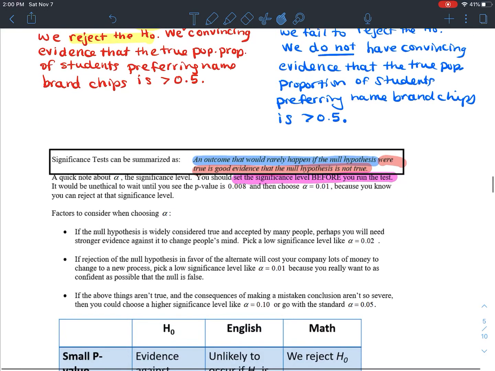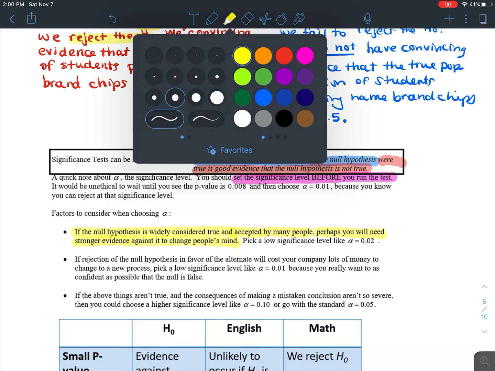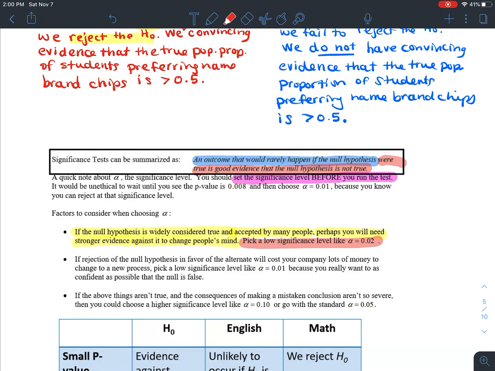Okay. One other thing just worth noting here is if your null hypothesis is something that is considered to be widely true or accepted by a lot of people, and you're wanting to maybe show evidence against that, well, you might need really strong evidence in order to convince people or to kind of change people's minds. So as a result, you would need to pick an extremely low significance level, like 0.02 or 0.01, so that your p-value is extremely small. It has to fall underneath that alpha level in order to be really, really strong evidence to reject that widely